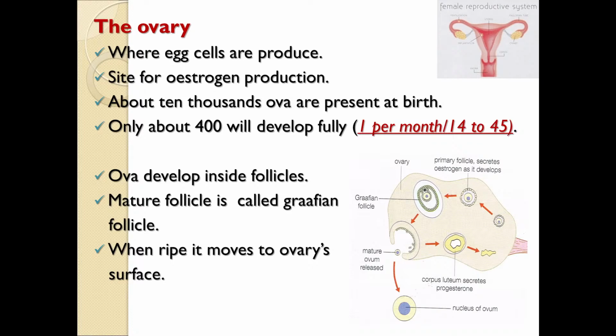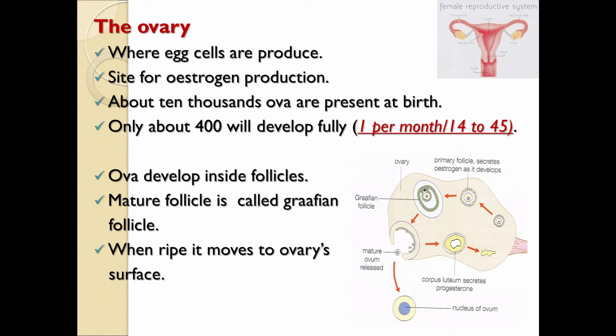So puberty is whenever the female starts to release the egg, or when the female starts to see her period. And that normally starts anywhere from age 11, age 12, thereabout, and lasts up to approximately anywhere between age 45 and age 50.